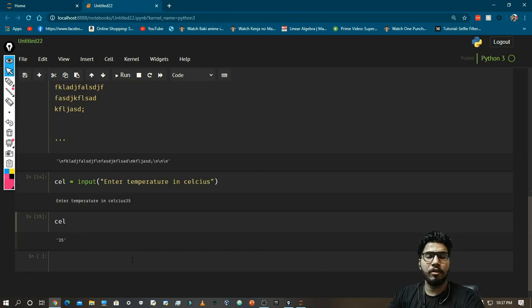Now what we need to do is convert Celsius to Fahrenheit. The formula for that is: FA, which is for Fahrenheit, is equal to Celsius into 9 divided by 5 plus 32.